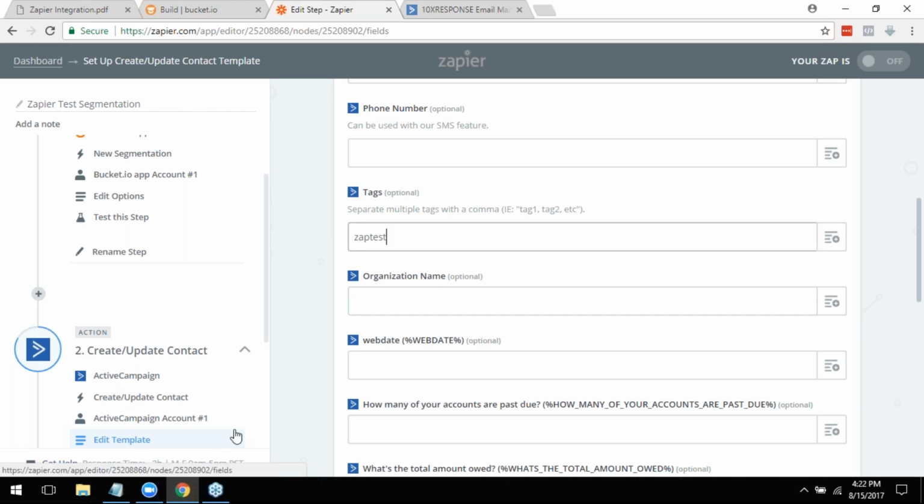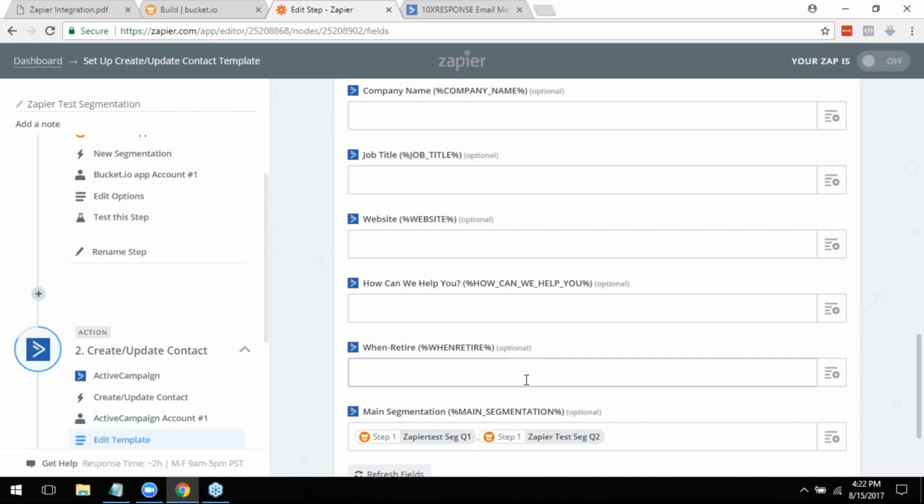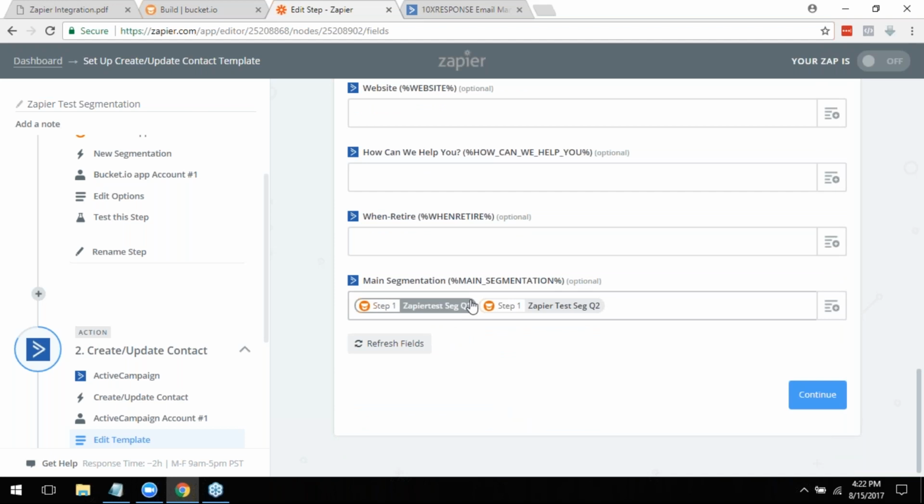And so later on, I could pull all the emails and send an email broadcast out to, or do email marketing to everyone with the tag Zap test. Or I could go even further and say I can send an email to everyone who has the tag Zap test, who also has